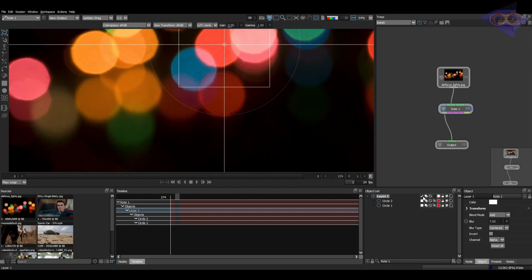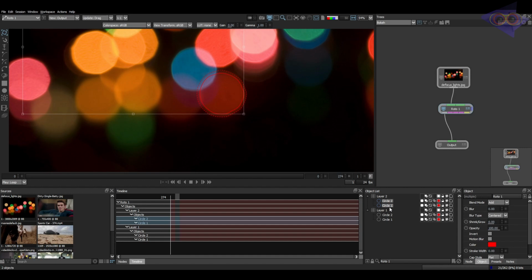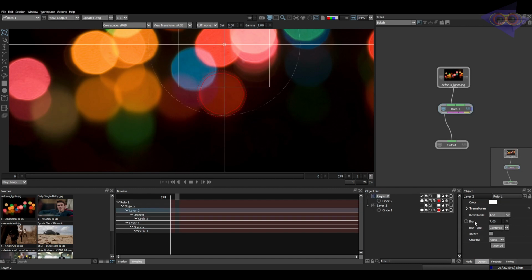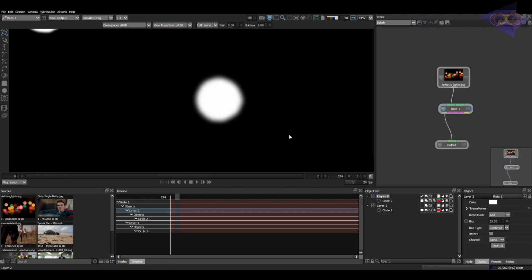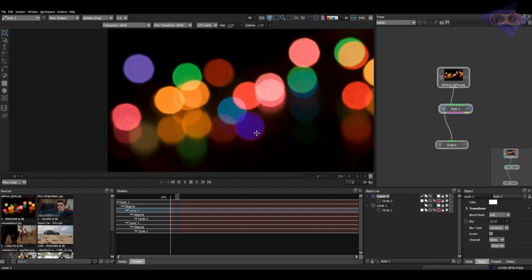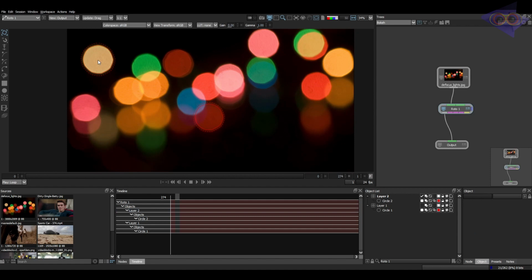So I'm going to copy this layer, and this is my second shape. I'm going to keep the second shape inside the second layer. Layer 2 needs much more blur, so let's give it a value of 35. Let me give a value of 30. This is kind of okay. So in the same shot you can see there are two different kinds of shapes. I mean the shape is completely similar, but the blur value is completely different.